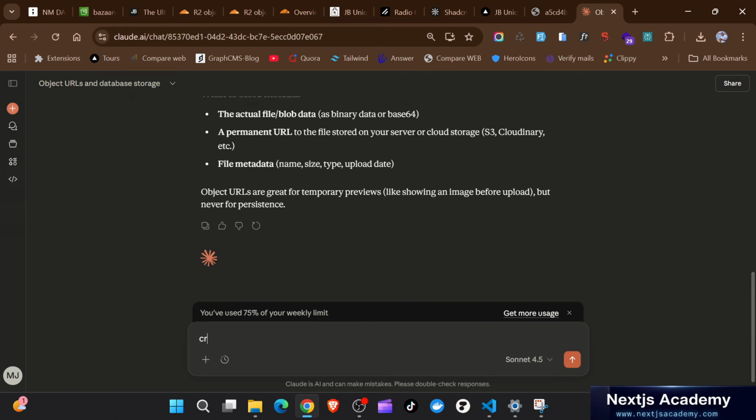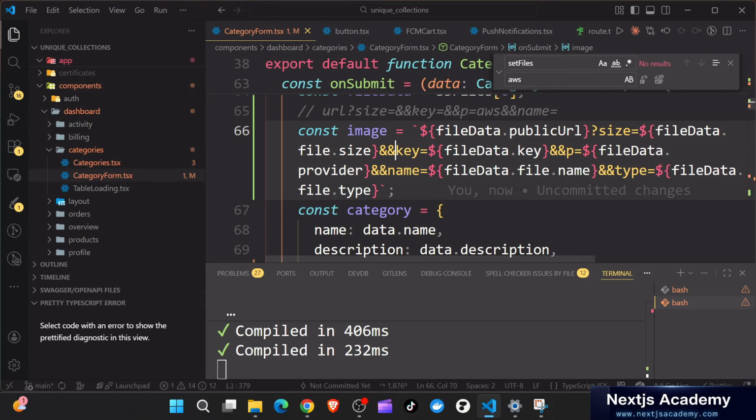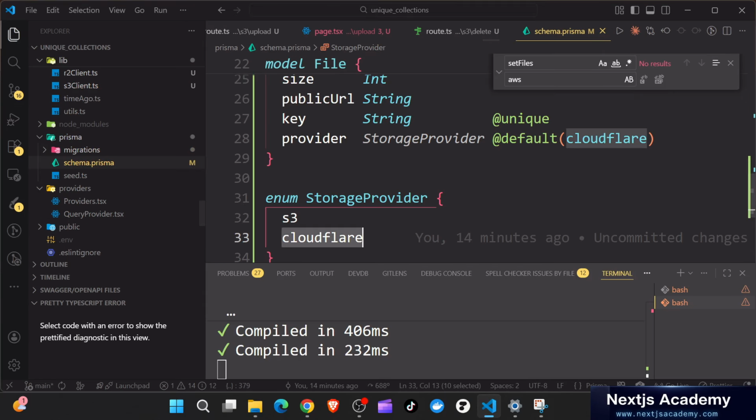Let's say create a function that takes in an image like this, and extracts all the info and returns it in an object